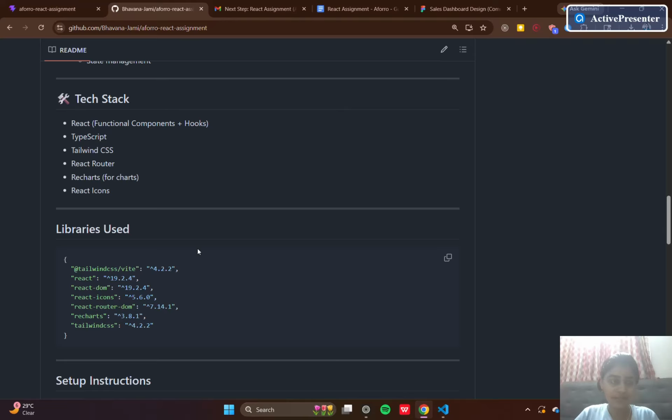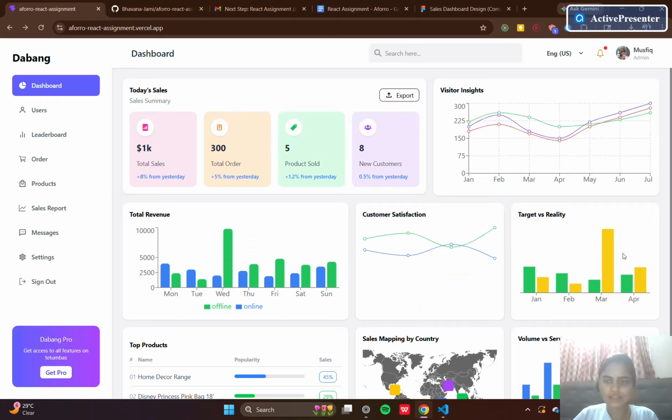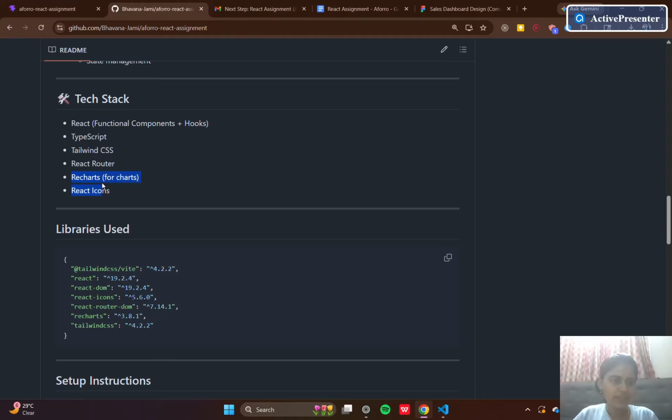The assignment is of a dashboard, and it only makes sense to use a library that has all the properties, and it would make responsiveness easy also. And I've used React Router for the routing part of it, and as we can see, we have charts and graphs here on the dashboard, so I've gone with Recharts for the charts, and for the icons I have chosen React